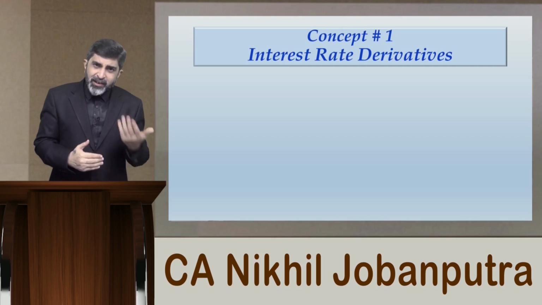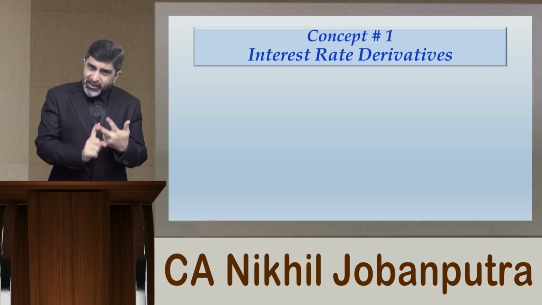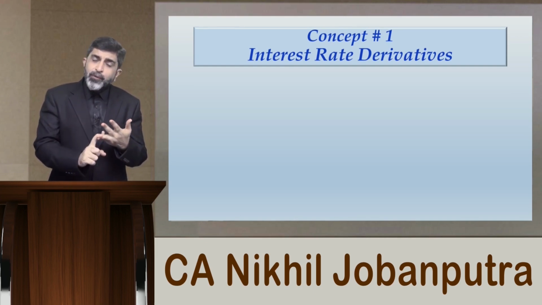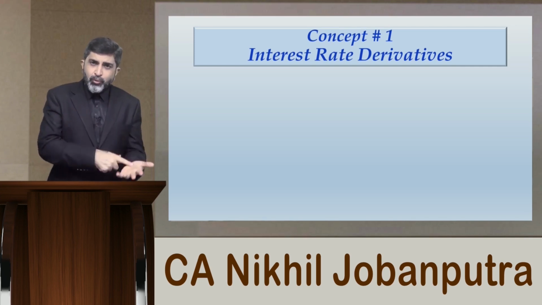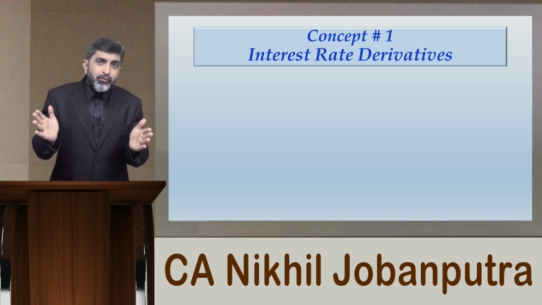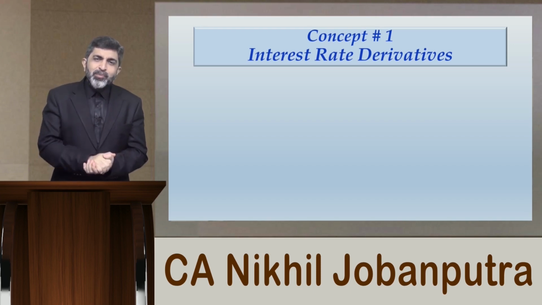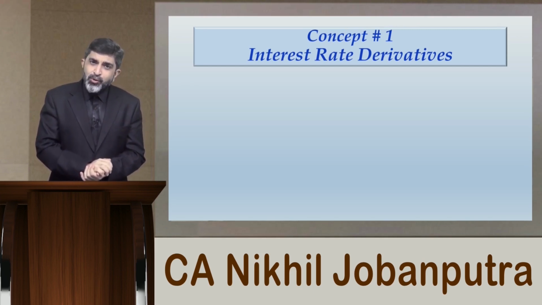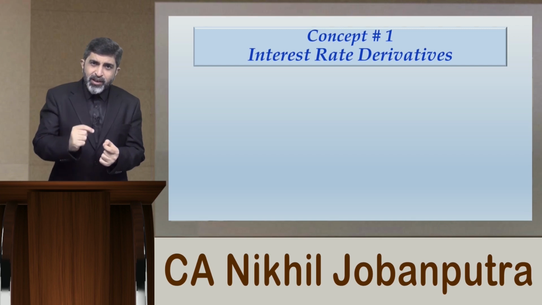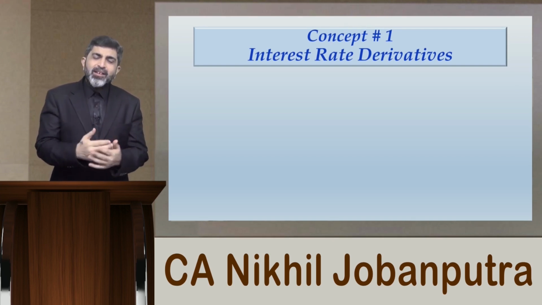However, there can be different types of interest rate derivatives like forward rate agreement. There can be interest rate guarantee contracts. There can be interest rate futures, interest rate options, interest rate swaps. There can be swaption contracts. There can be lots of instruments where these are all derivatives, and the underlying over there will be nothing else but interest rate. So friends, what we are going to do, we are going to first write a little bit of notes about interest rate derivatives, and then I'll start discussing each instrument in interest rate derivatives at length as and when the right time comes.